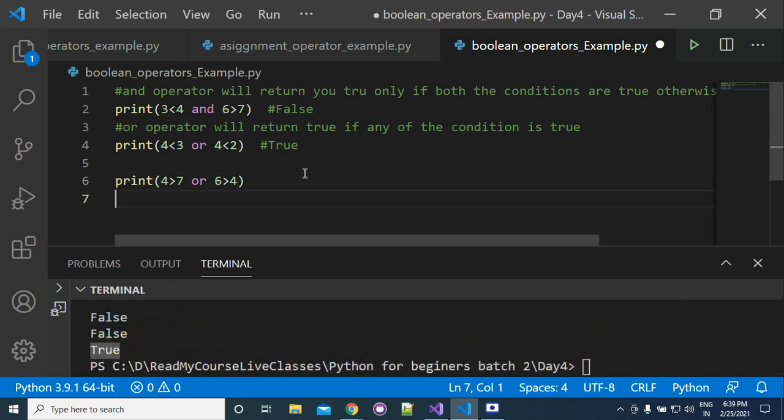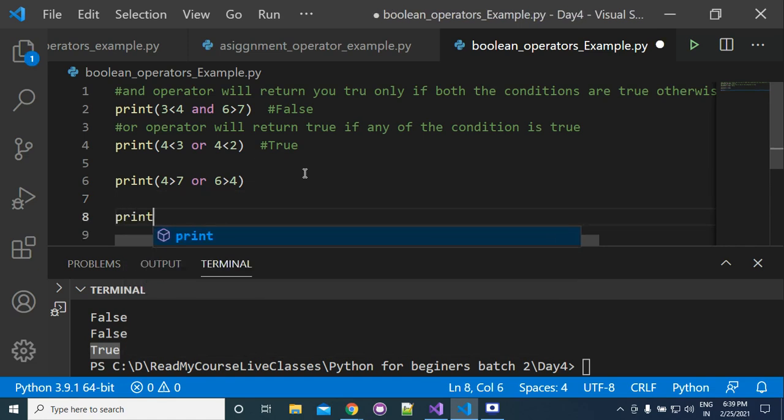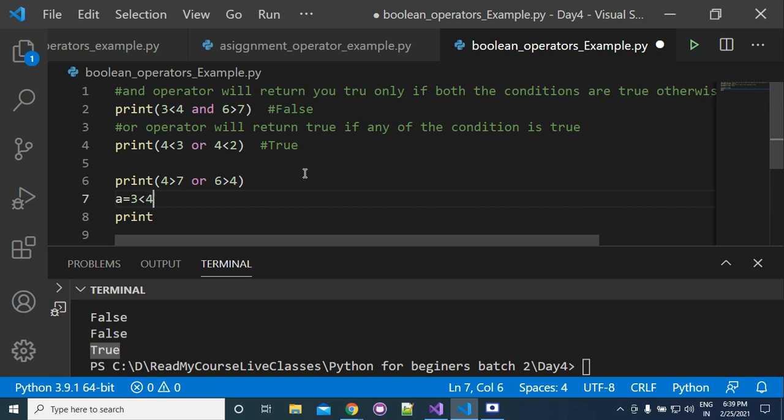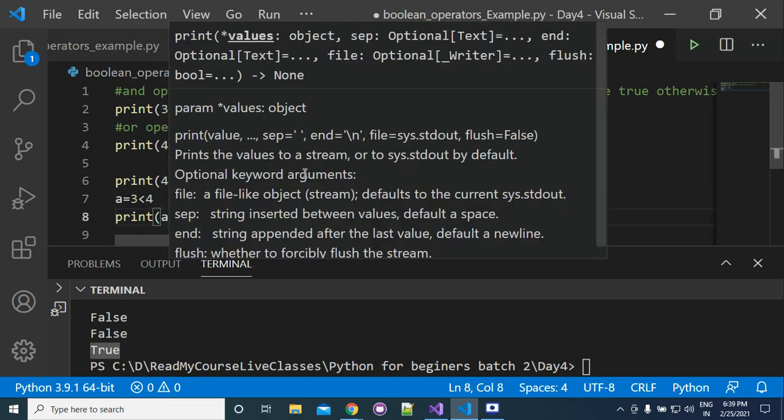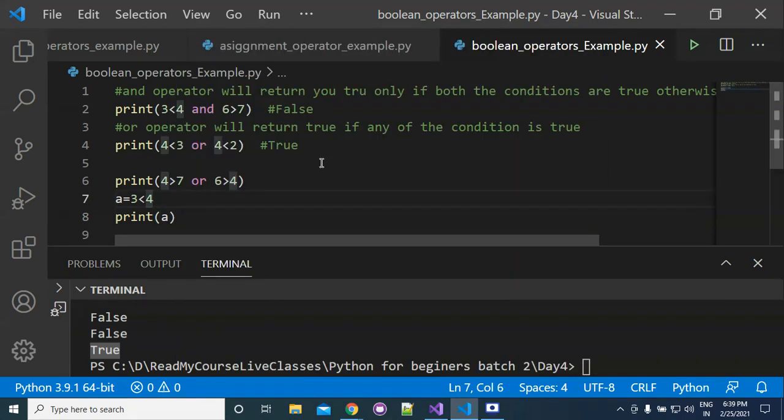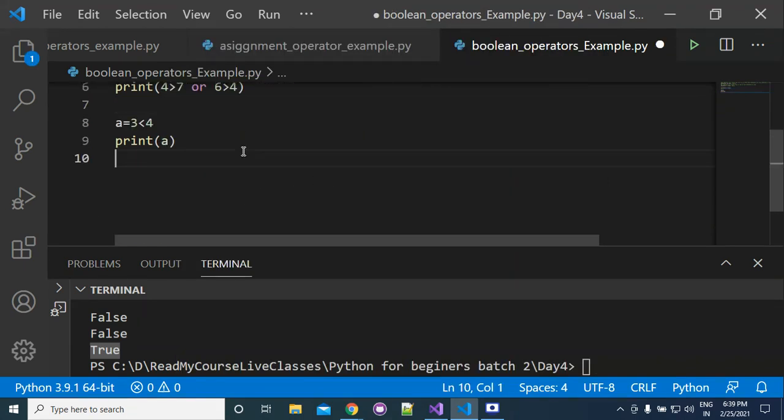So I think all of you can now guess. Suppose that initially a was 3 less than 4. So the answer of a will be what, if I print a? True. So it is returning true.